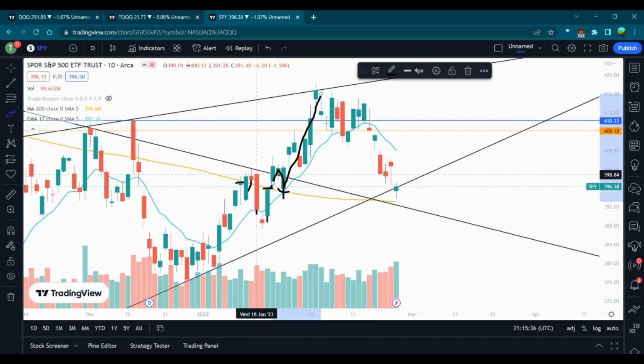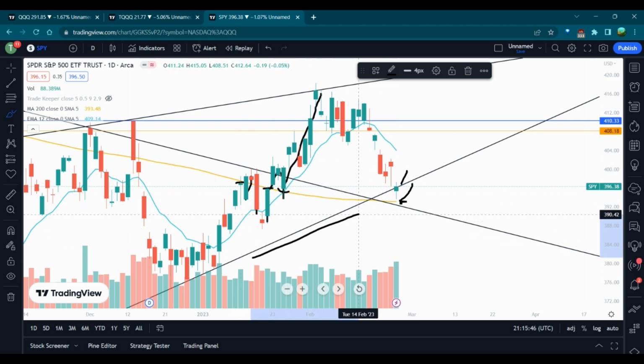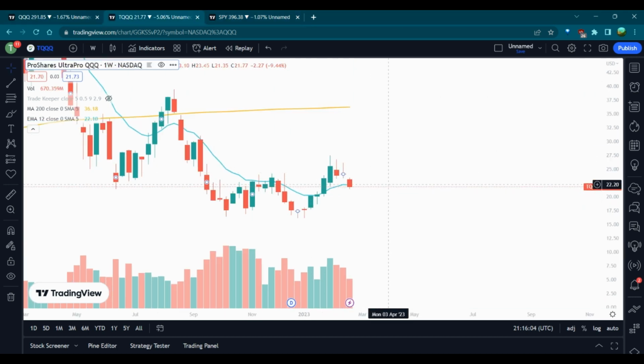So what the bulls want to see is either we come down here, test that 200-day moving average, then bounce, or we just bounce from here from that uptrending support that I have showed you guys earlier. There's no rule that says we have to test the 200-day moving average or anything like that. It's just one of those areas where a lot of people are looking at the same time. And so that's one of the reasons I added a TQQQ position at